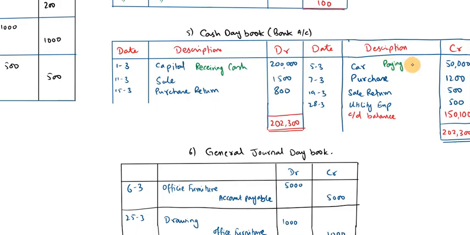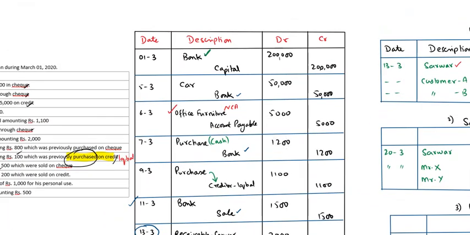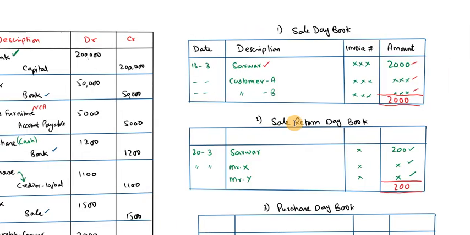Sir, what is the capital again? What is the label of the capital? No, it's not related to the label. The bank balance. Why did you write capital? Because the bank is debited, because the owner injected 2 lakh. Okay, I saw that. The owner injected 2 lakh in the business, so the business bank will increase against capital. Okay, all right, sir.